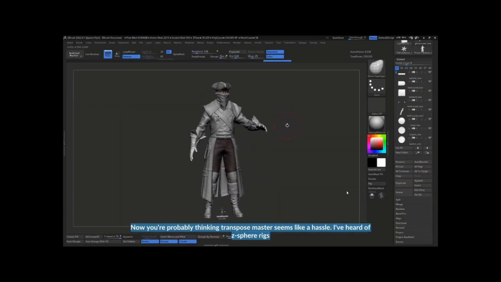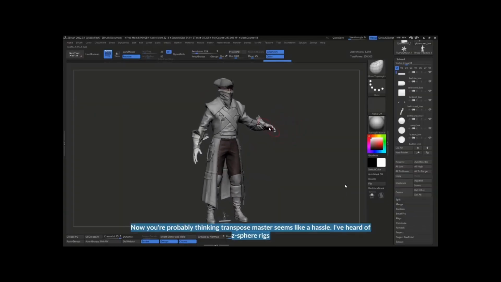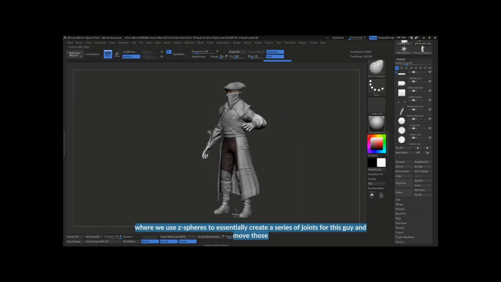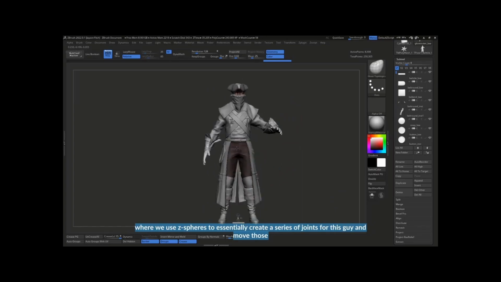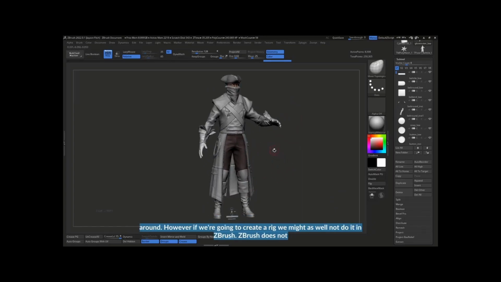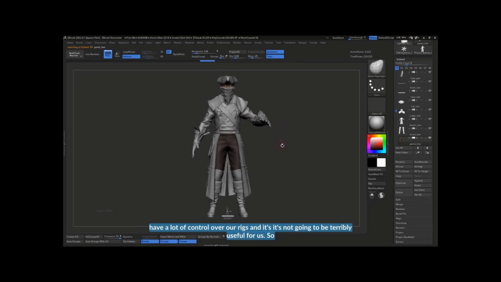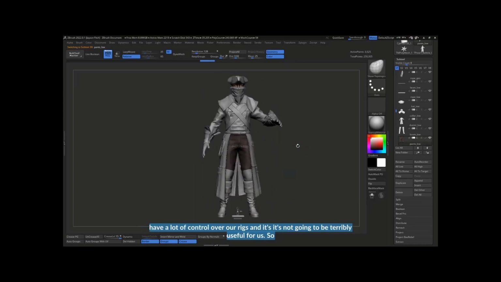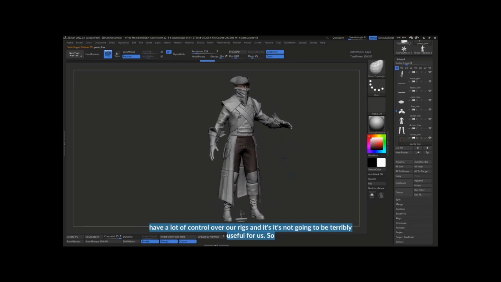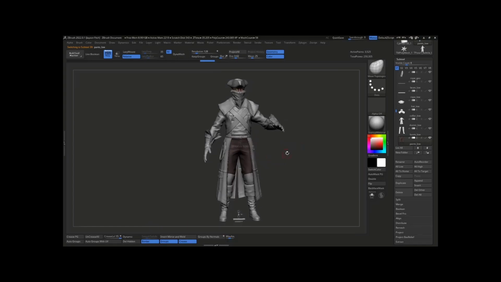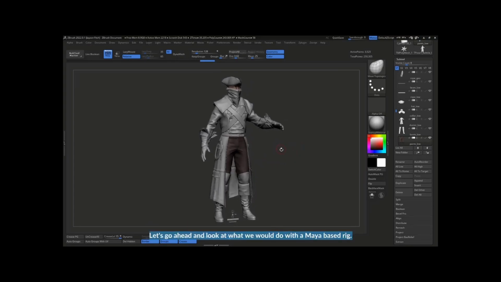Transpose Master seems like a hassle. I've heard of Z-sphere rigs, where we use Z-spheres to essentially create a series of joints for this guy and move those around. However, if we're going to create a rig, we might as well not do it in ZBrush. ZBrush does not have a lot of control over our rigs, and it's not going to be terribly useful for us. So let's go ahead and look at what we would do with